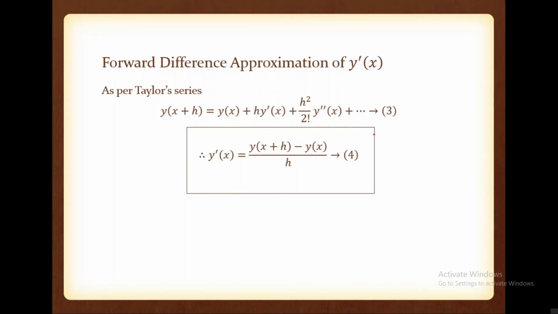So here we are using the forward difference concepts. The next value minus current value, that is nothing but delta y of x, divided by h. Okay, so this numerator is nothing but delta y of x, divided by h. So you can see that as h tends to 0, this delta y of x divided by h, limit h tends to 0, delta y of x divided by h is nothing but y dash of x. As h tends to 0, this term will become y dash of x. So this one is a first order or forward difference approximation of y dash of x.